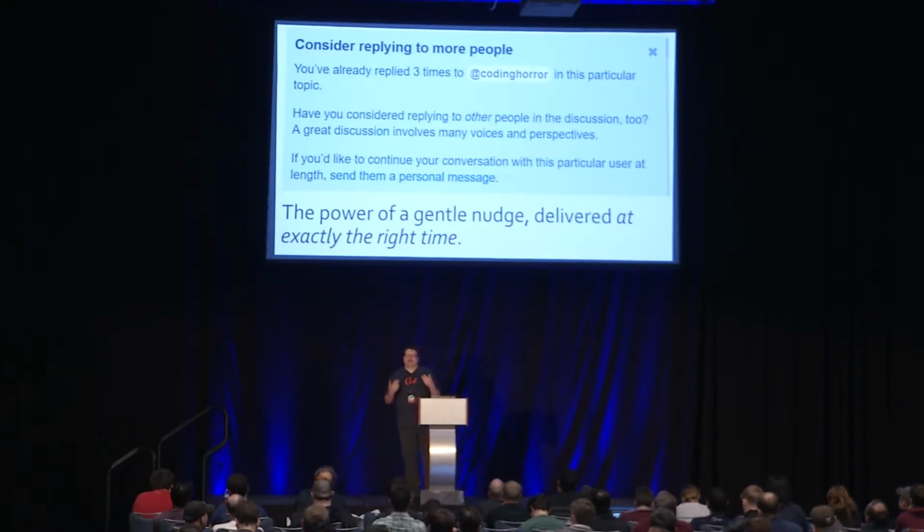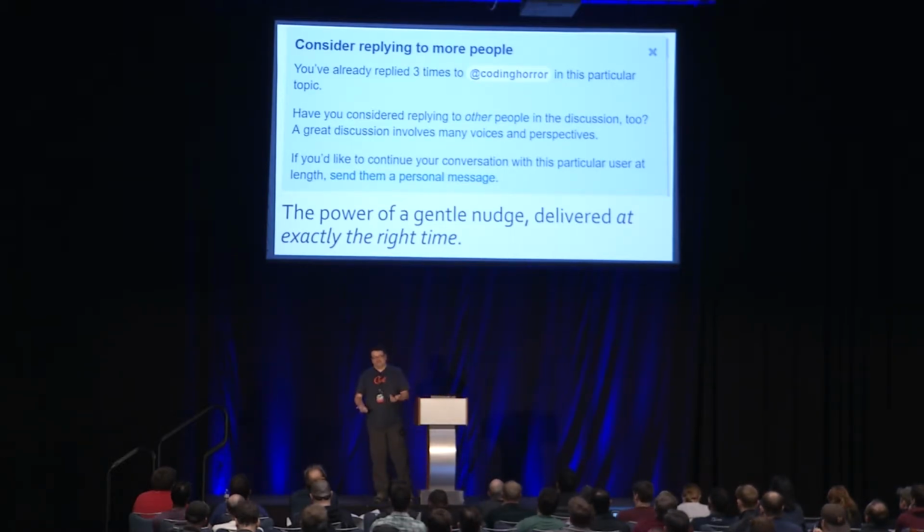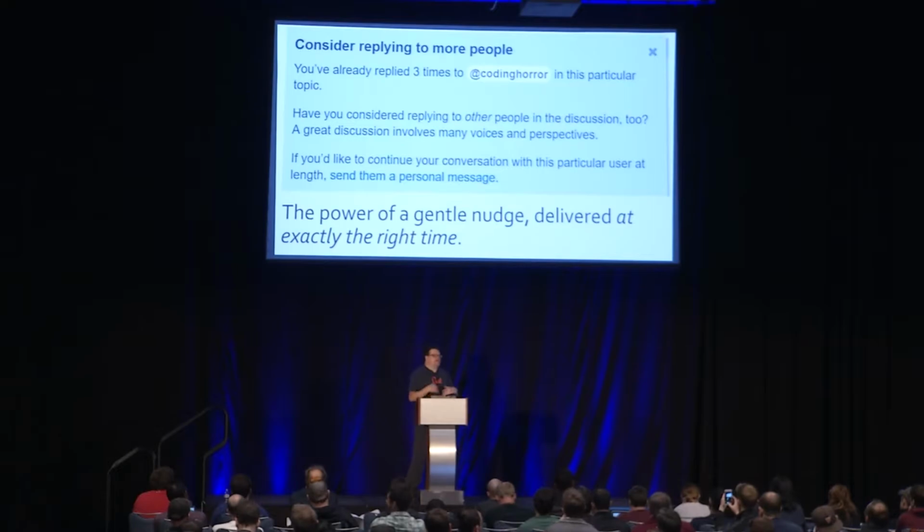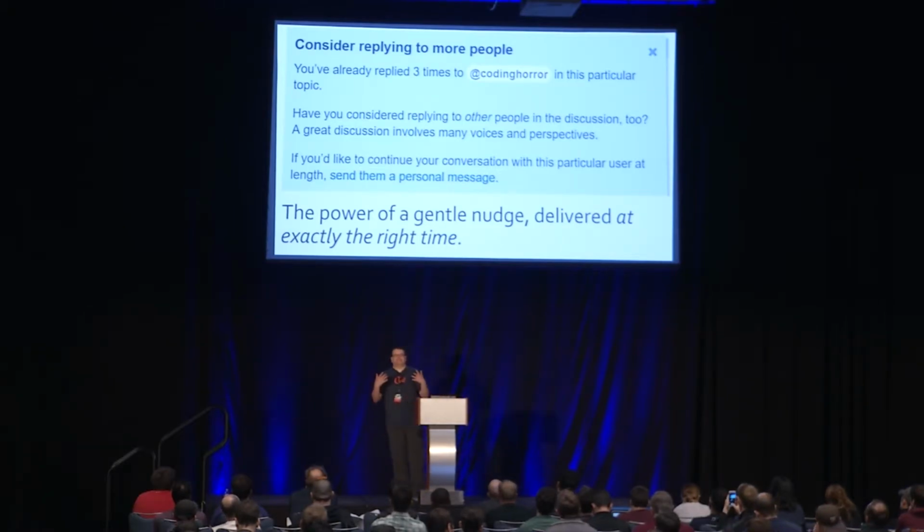Another thing that I put in, and I actually put this in for me, I found that one thing I would do in discussions is I would find one person and essentially argue with that person, you know? I would be in a conversation with, I don't know, 10 people, but I'm just focusing on that one person, and I'm just replying to that one person. So I wanted to add something in Discourse, and I don't think my copy here is particularly good. I need to talk to Seth Godin and get something good here. But what I want people to do is realize, don't be that person that's haranguing another person.